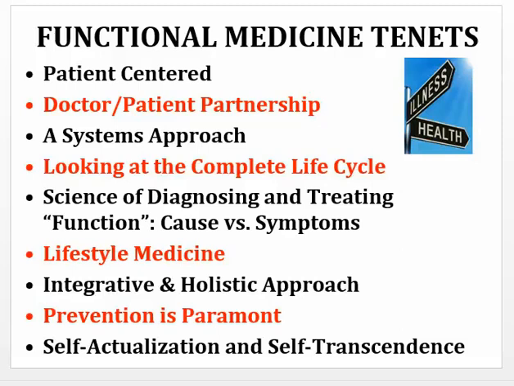We want a systems approach, and a systems approach is basically stop looking at our health in a silo of just one organ system. We want to look at the body as an integrated whole. We want to look at the complete life cycle of a patient. So did something happen in utero or post utero in childhood development, adolescent development? So we don't want to just look at the person as a stagnant, static being presenting at that moment. We want to look at the development over time that possibly has led to some of the signs and symptoms that they are now presenting with.